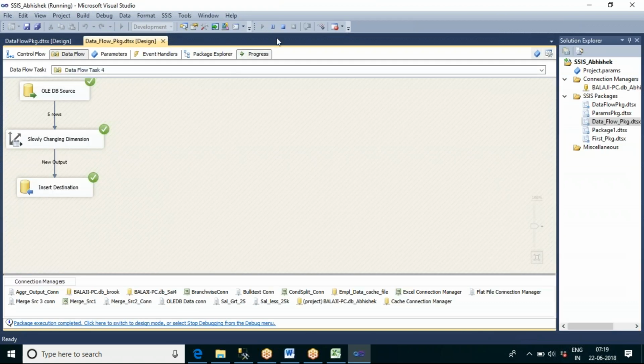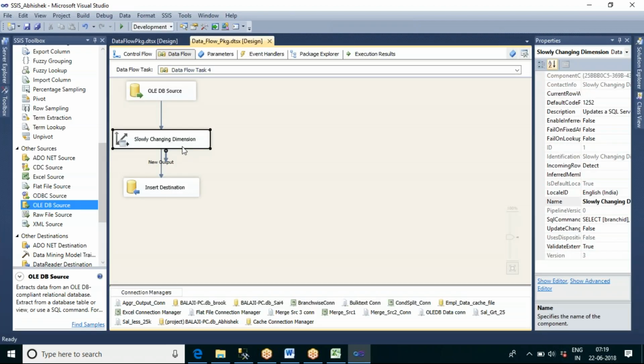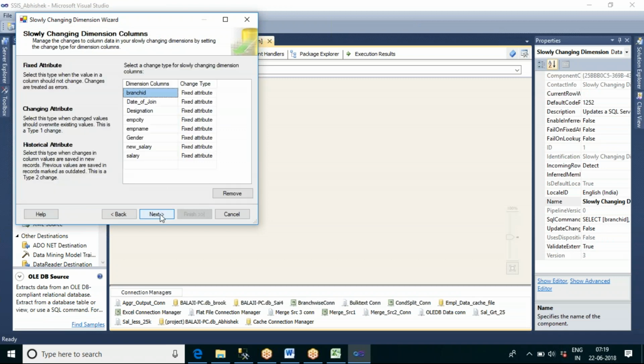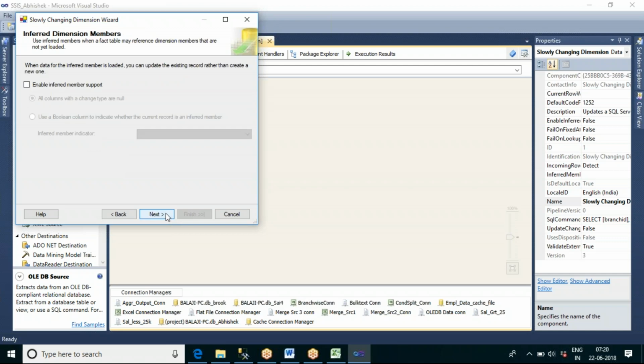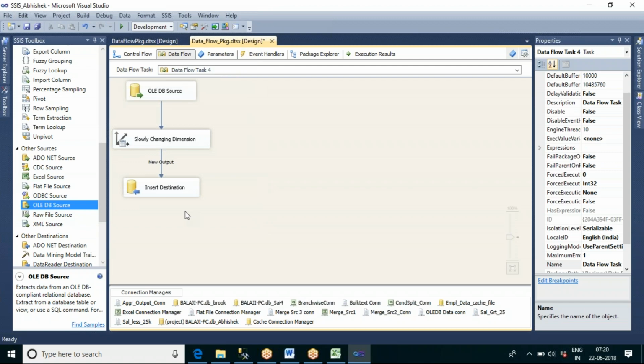Now we have one more option: if you detect any changes, do you want to fail the transformation? If it detects changes in this date of join fixed attribute, do you want to fail the transformation? That also we can set. Now it will detect some change, no? Now it will fail the transformation.